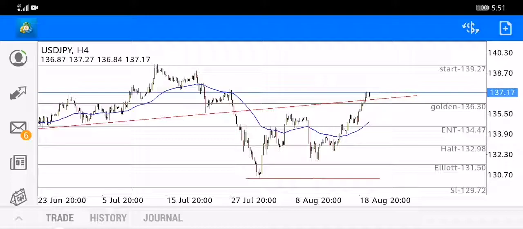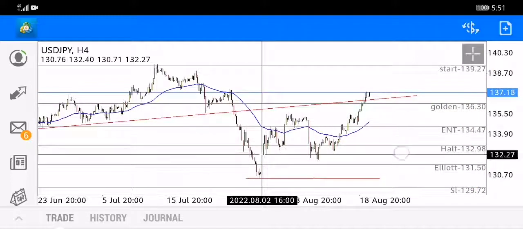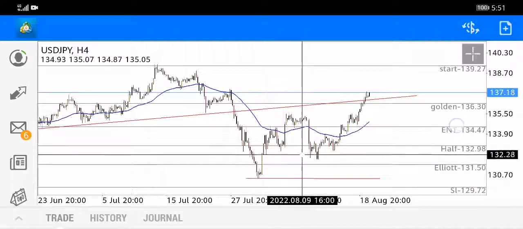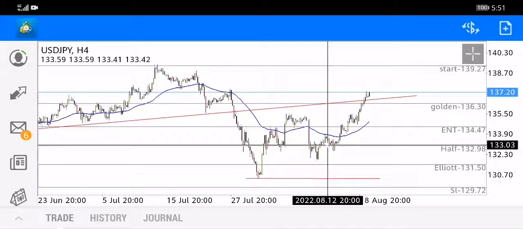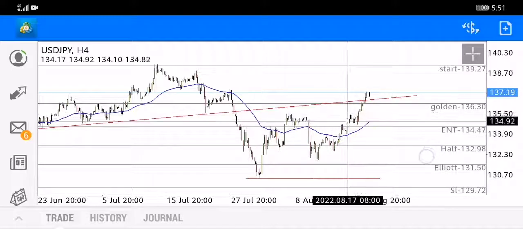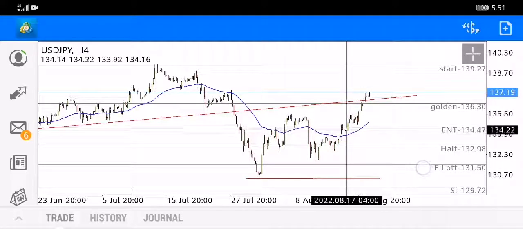This is the bigger picture in front of you, that the market is making a pull up from this Elliott level 131.50 level, and in the previous days the market made a strong hold at 133.0 level, then the market made a higher high,